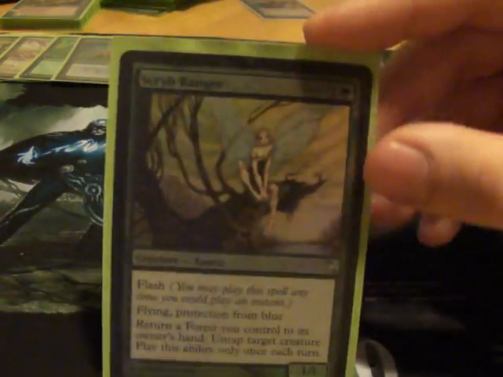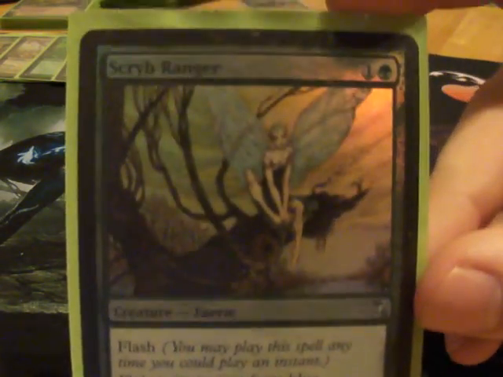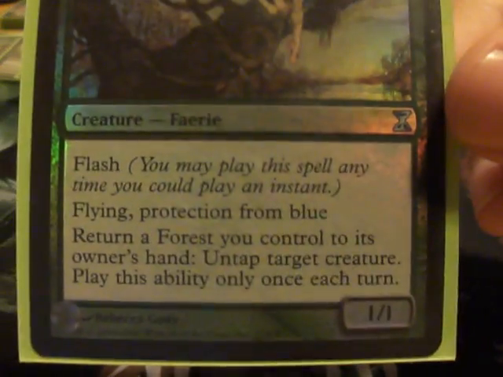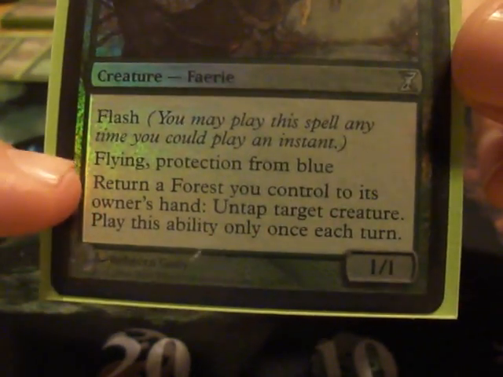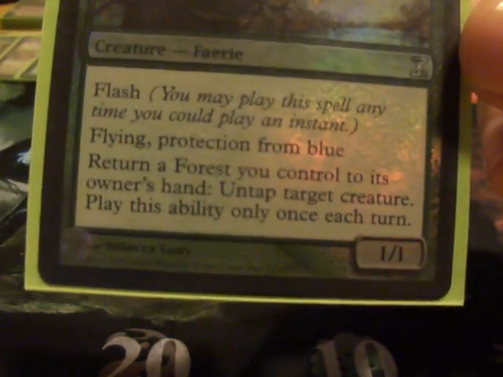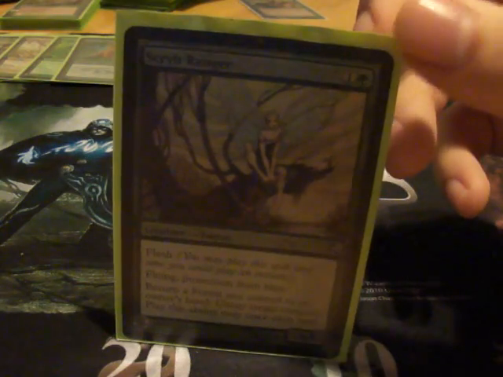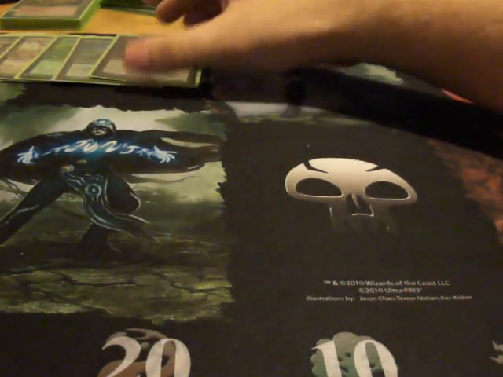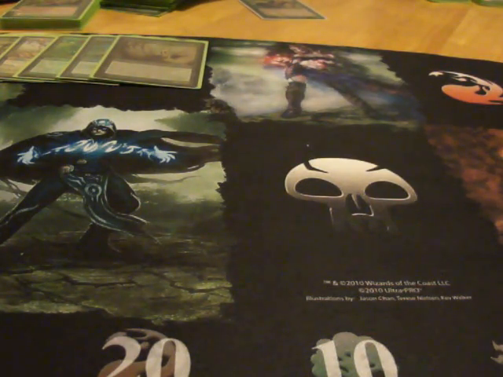Next up, probably one of my favorite creatures in the deck. I know it's my favorite creature. Yeah. Scryb Ranger. Flash, flying, pro blue. Screw you, blue decks. Well, the best part is that ability, right? Yes. Bouncing a Forest, untap target creature. There's actually another creature that has that ability, and it's a 1-drop. Yeah, it's like Quirion Ranger, I think. Yeah. A lot of Maverick decks run those instead of Scryb Ranger. Because they're bad? I like Scryb Ranger because it's pro blue. I know Combo Elves uses it, so